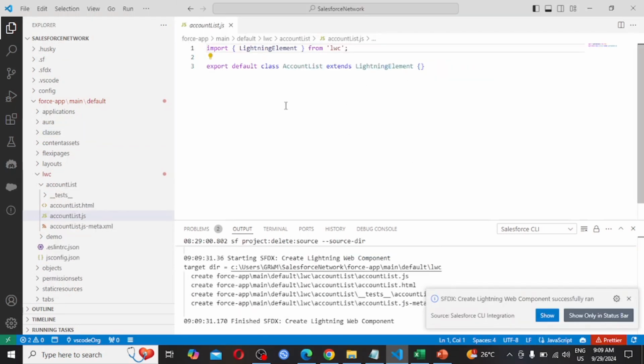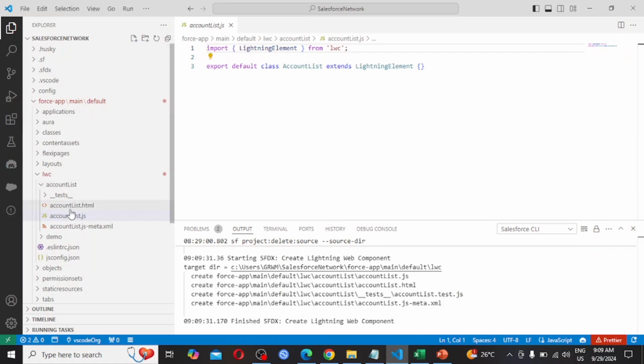As soon as I pressed Enter, it created 3 files: accountList.html, accountList.js and accountList.js-meta.xml. So these 3 files are generated by default.